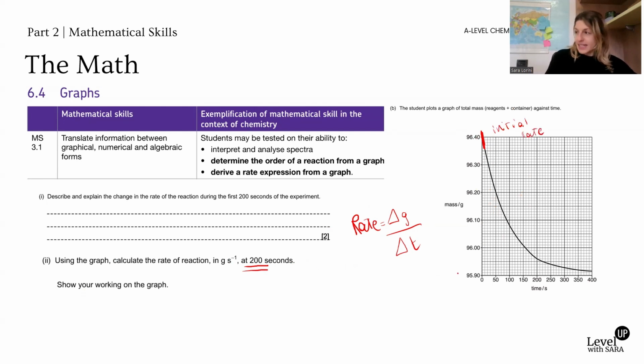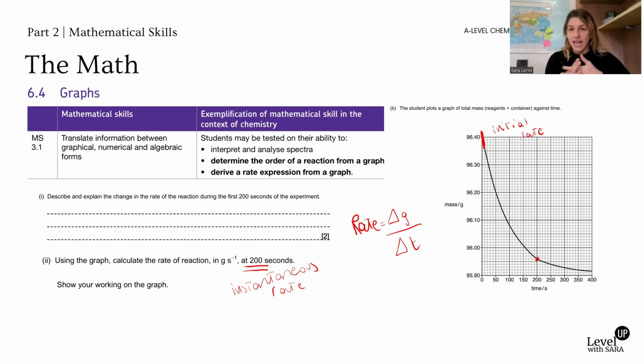But if you calculate it, like in this case, at a specific time over here, you need to draw the tangent, and the rate here is called the instantaneous rate, because as you can see, it is at a specific time. Okay, now it also comes with a bit more interpretation questions, like describe and explain the change in rate during